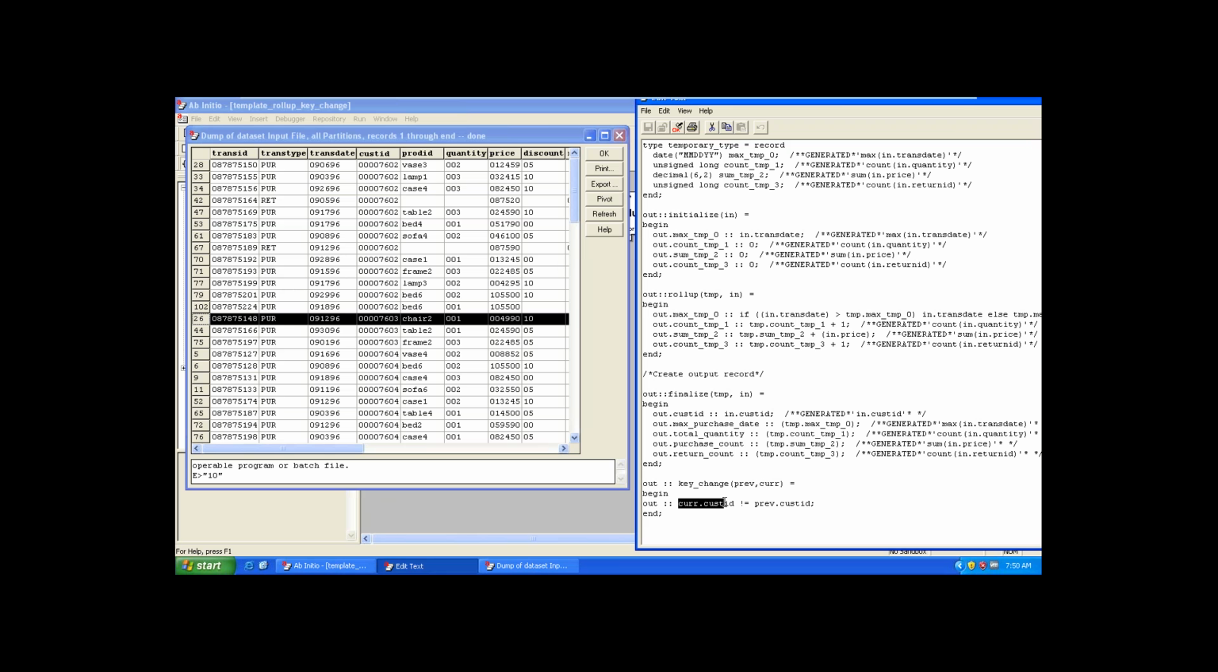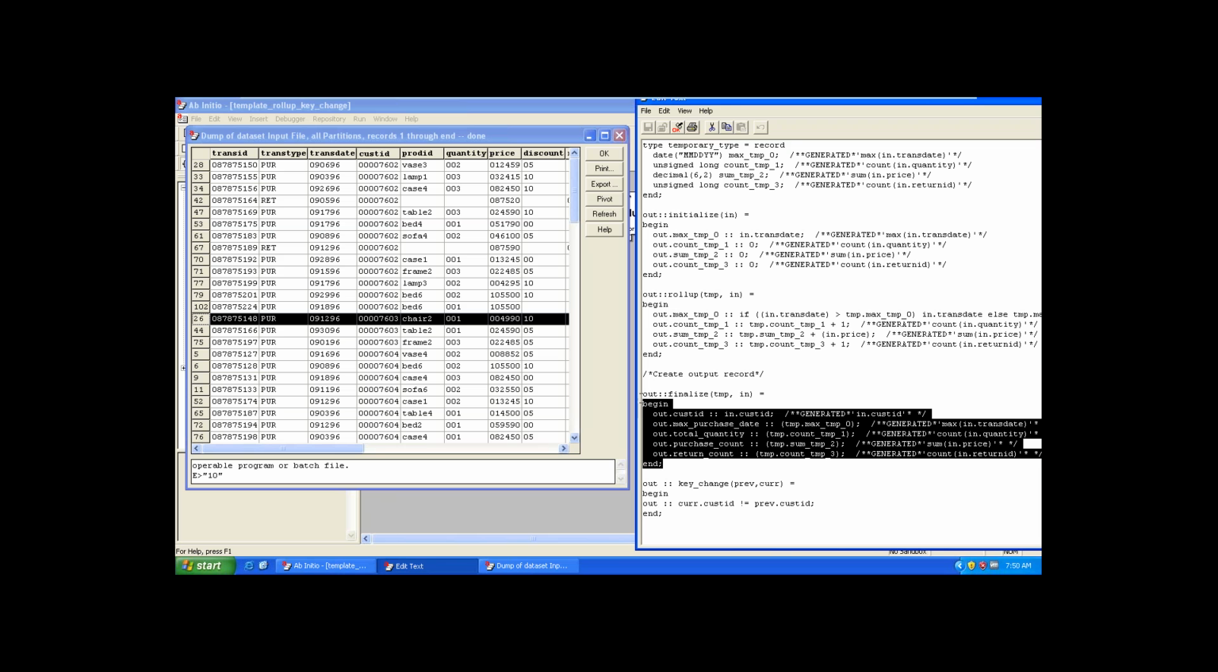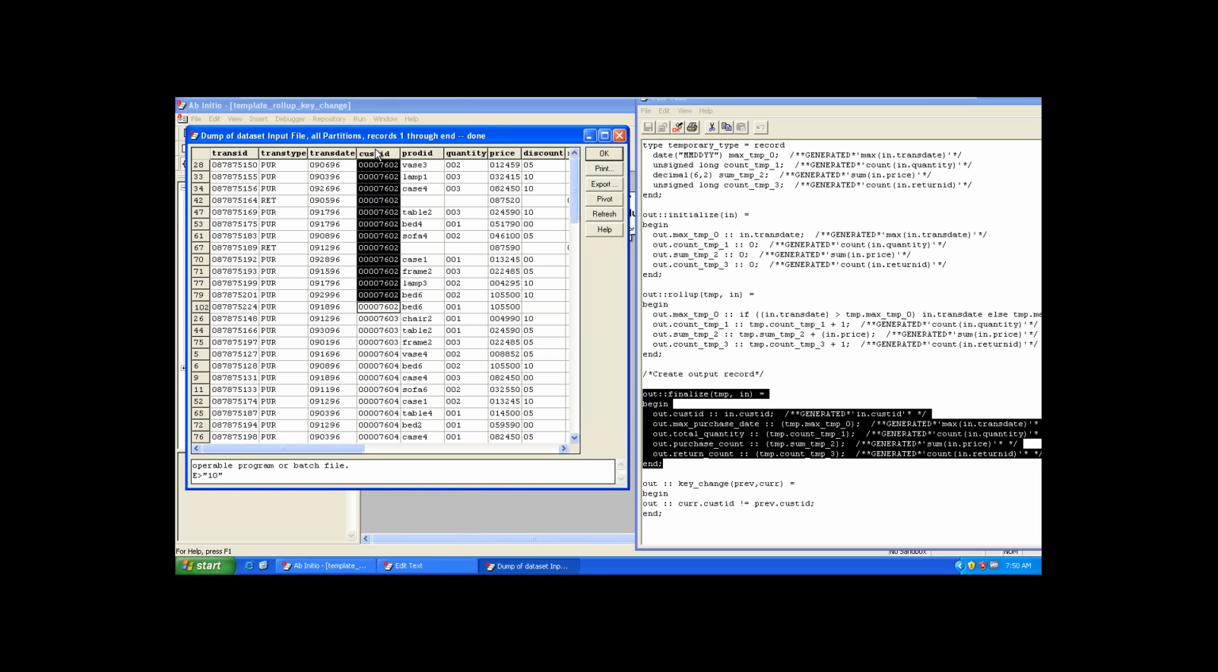So here the current is 7603, which is not equal to 7602, as the condition has been satisfied. Then the control will not come to the rollup because we are saying that the key has been changed. Then the finalize will get executed for that previous group, that is the 7602 group. So for whatever aggregations we have calculated for this group, the finalize will get executed, and then the control